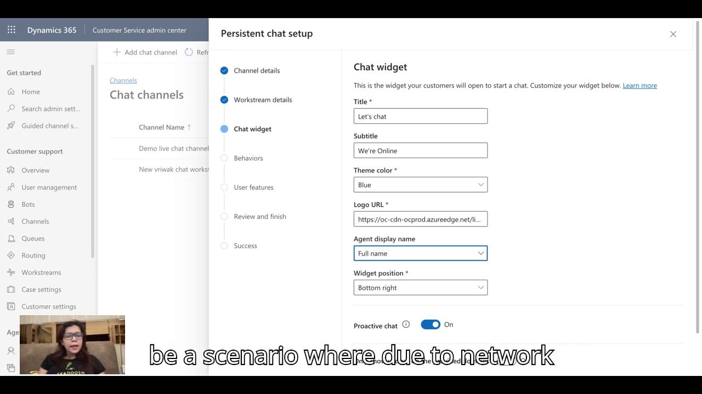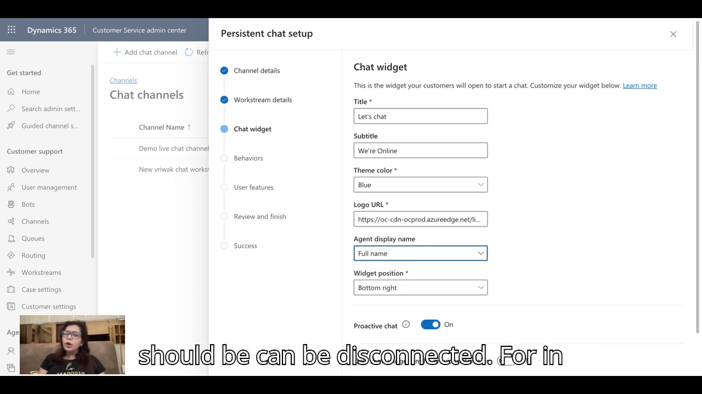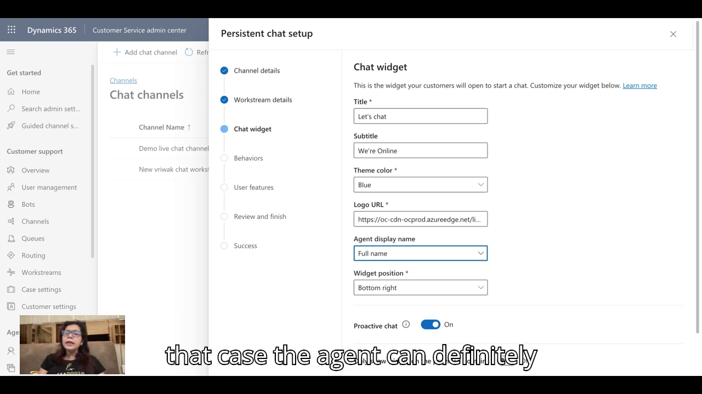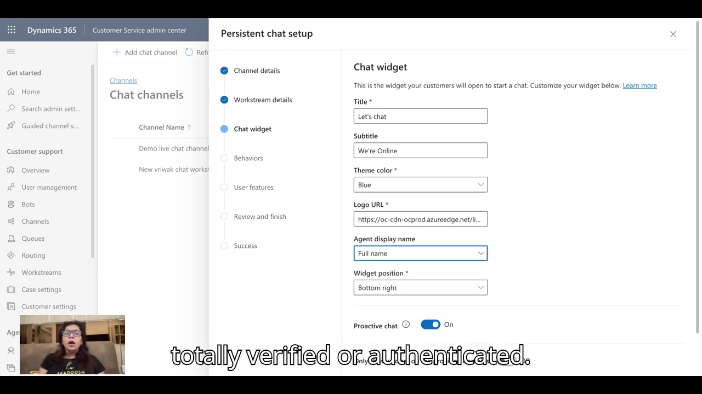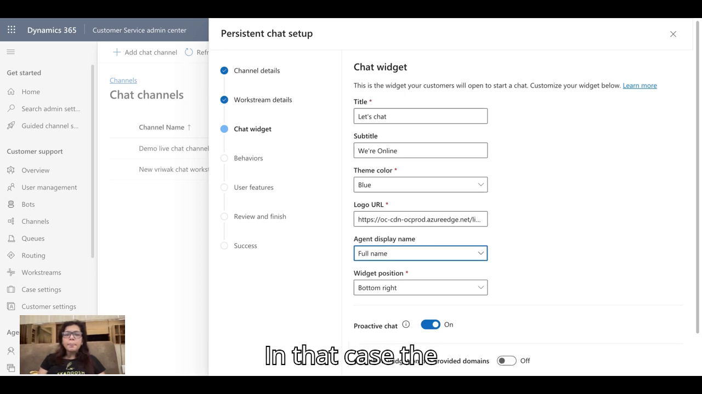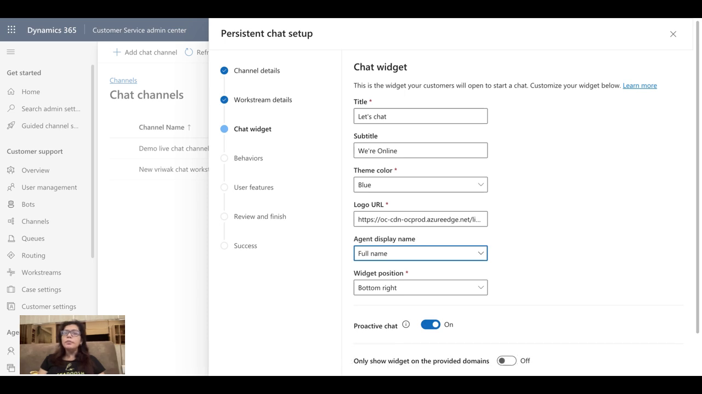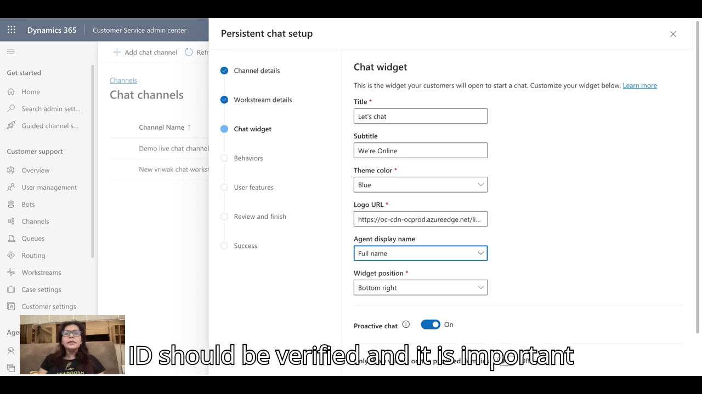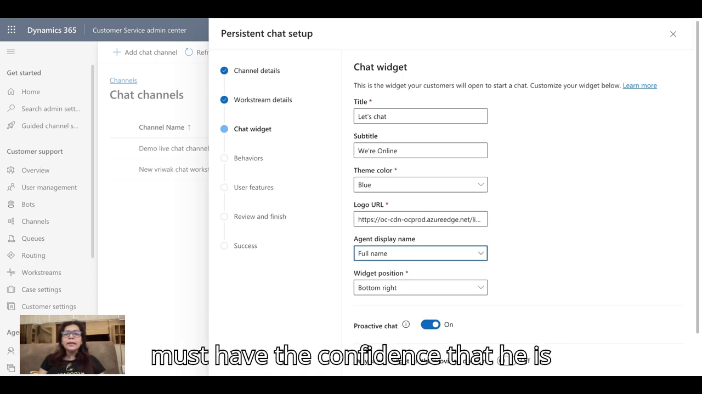But there could be a scenario where, due to a network issue or some other problem, the network can be disconnected. In that case, the agent can definitely reconnect with the customer through a link. But in that scenario, the customer should be totally verified or authenticated. Authentication means the customer's ID should be verified. And it is important for the agent also, because he must have the confidence that he is talking to the